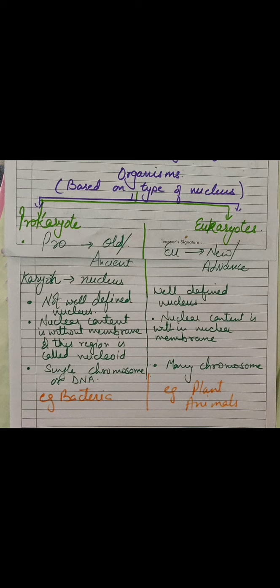But in eukaryote, as you have seen in the previous diagram, all the things are present. So many chromosomes or many chromatin materials are present in that. Because only a single circular DNA is present in the prokaryote, you can imagine that prokaryotes are very small in size. The example written here is bacteria. They are so small that we are not able to see them with our eyes. But eukaryotes are comparatively larger in size than prokaryotes. All plants and all animals consist of eukaryotes. But bacteria come in the category of prokaryotes.